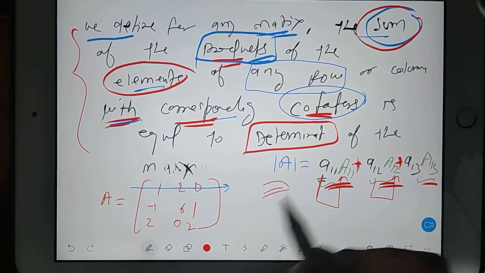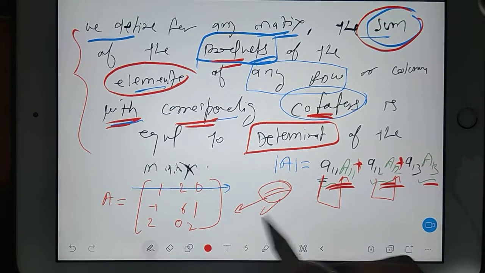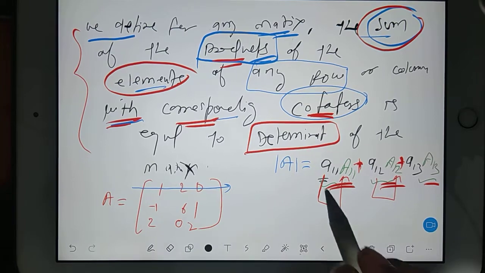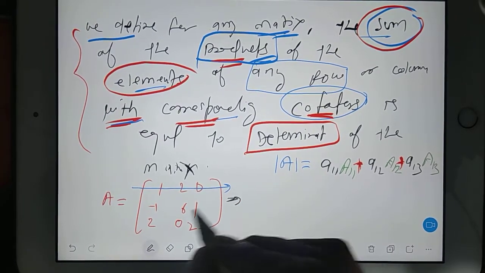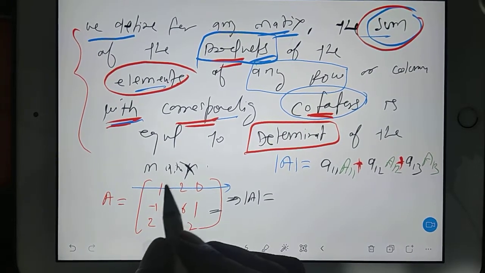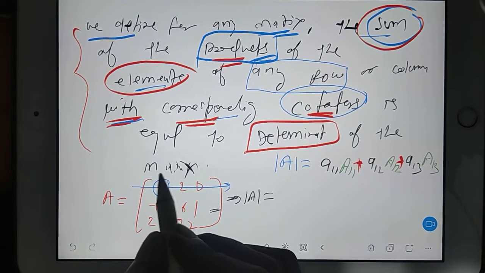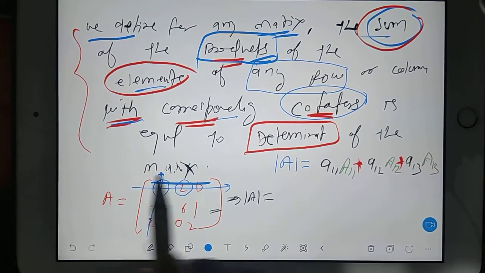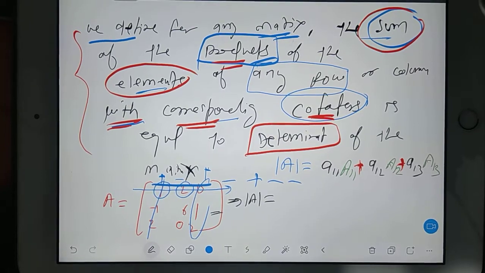And this is the basic way to teach, but the popular way is not this one. The popular way is very simple. Everyone knows this part, what I'm going to explain now. Suppose I'm looking for the determinant of this matrix, how do we calculate? You can take any row, any column. You only remember one trick. If you're taking this one, take a plus sign. Either you go for column or row, always take a plus sign. If you're taking the middle one, then take a minus sign. And then again next one plus, then again minus, again plus, again minus, like that.